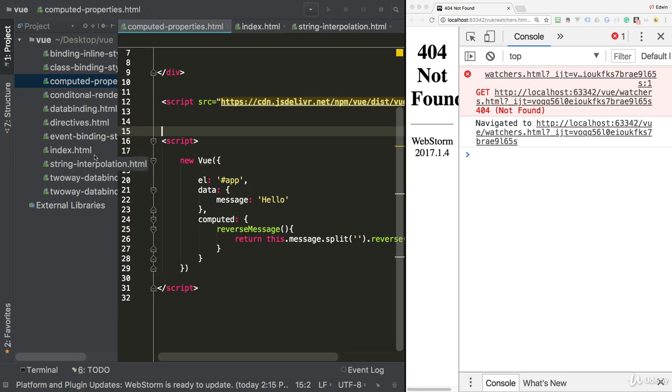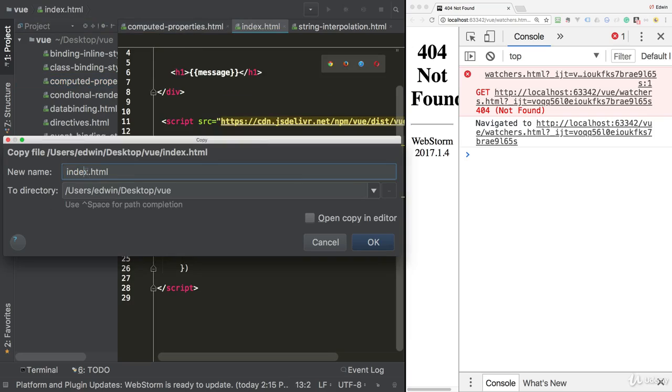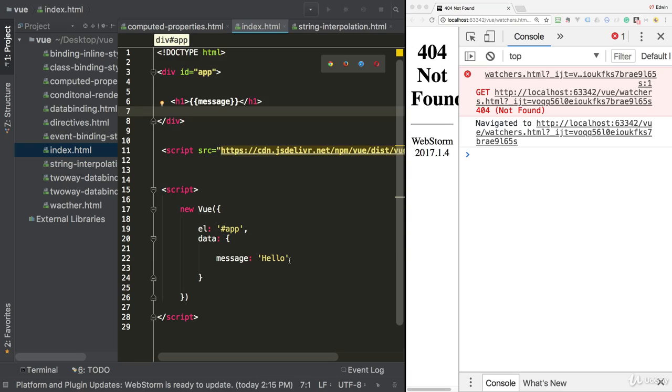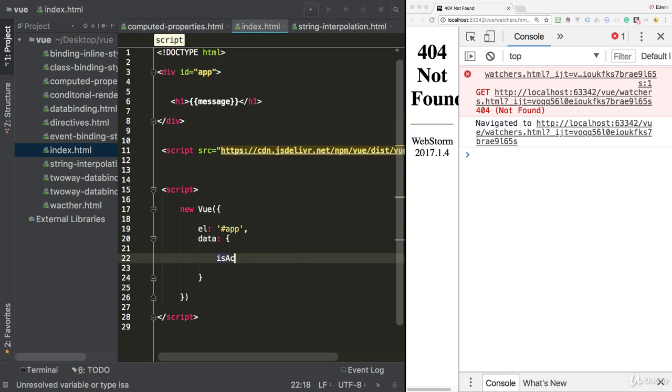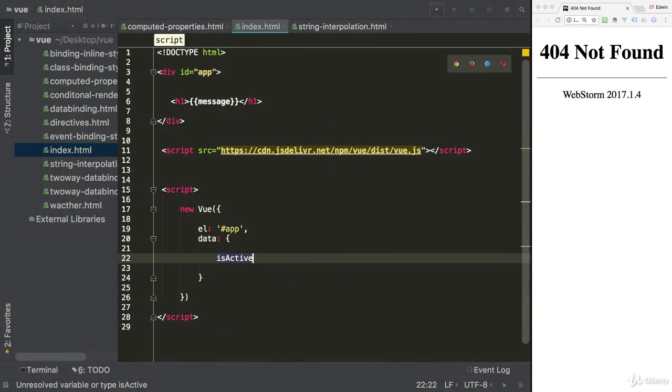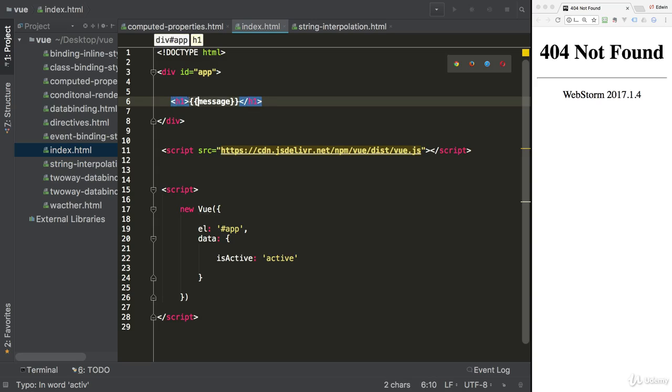For example, let's go ahead and create a file real quick before we get into examples. Let's call this watcher.html. Let's say we have a property here called isActive, and I'm going to set this equal to active, just the word. And here, let's say we have a name, Edwin Diaz, and what I'm going to do here is say,